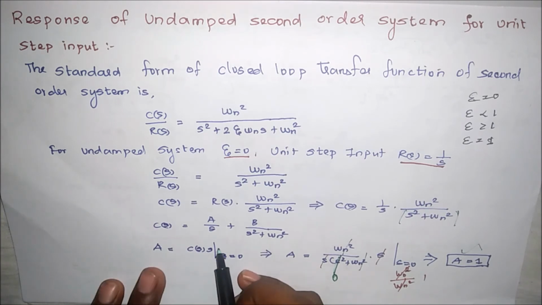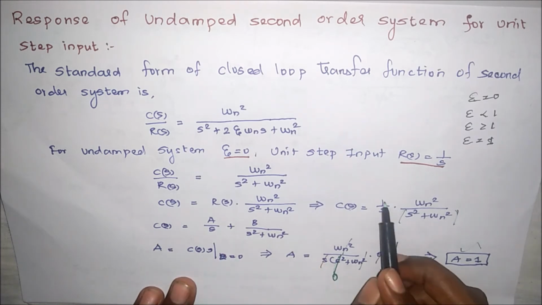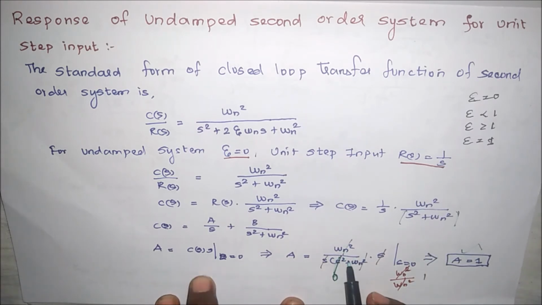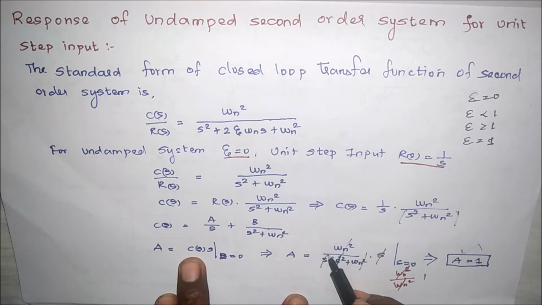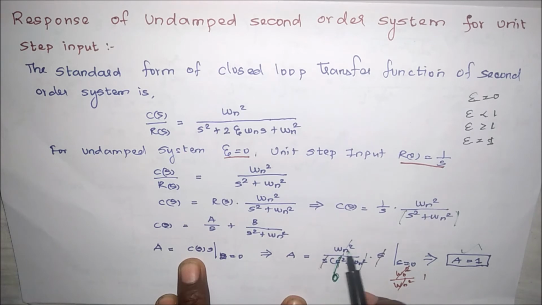So now according to the partial fraction, for calculating a, we have to use C of s into this denominator value s. Next, denominator value s equal to what? That also we have to substitute. We see C of s is 1 by s into omega n square divided by s square plus omega n square. So we have to substitute here instead of C of s. So now this s and this s will cancel each other. Finally, omega n square divided by s square plus omega n square. So now we have to substitute s equal to 0 here. So this will become 0. So omega n square divided by omega n square, both will get cancelled. Therefore 1. So a equal to 1.